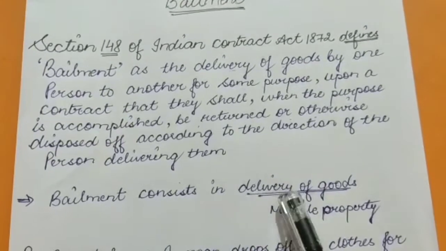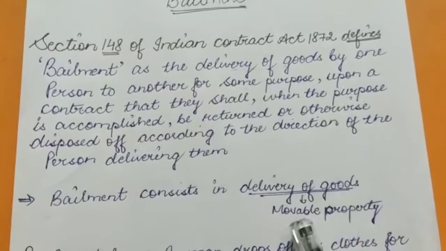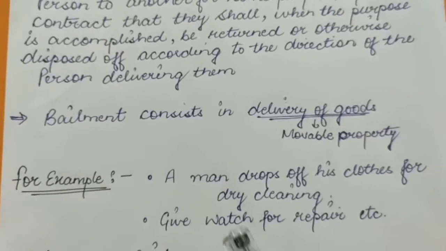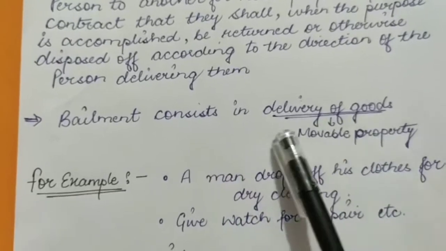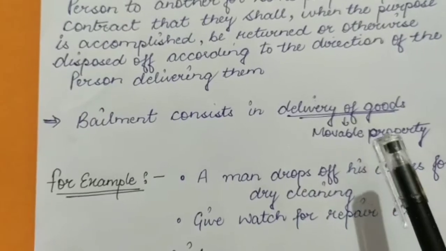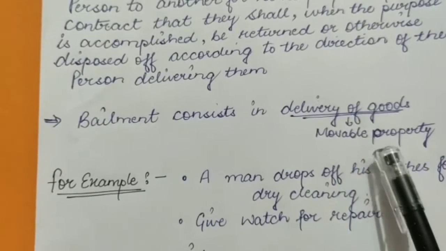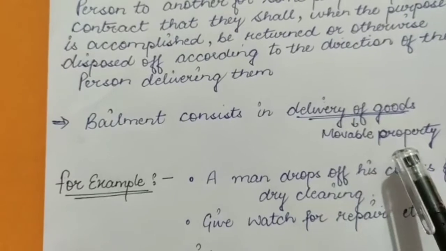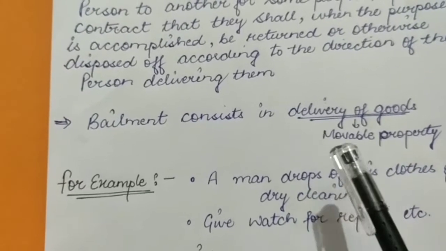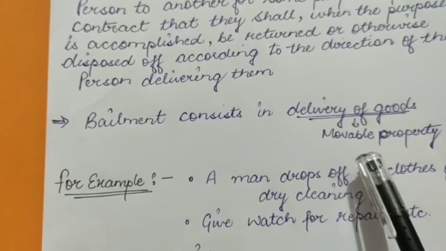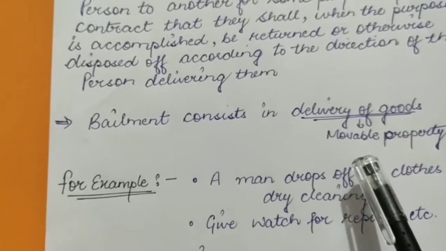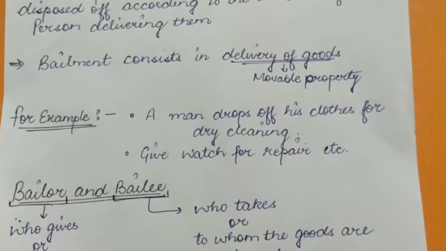Bailment consists of delivering of goods. It is only movable property. Friends, one thing more: only movable goods can be the subject matter of bailment. For example, deposit of money in a bank is not bailment, as money is not goods and the same money is not returned to the client. But coins and notes that are no longer legal tender and are more or less just objects of curiosity can be bailed.